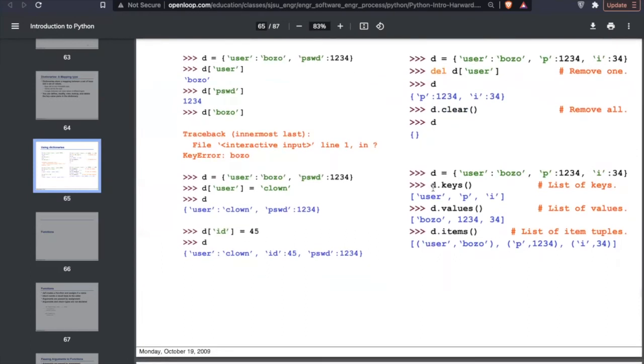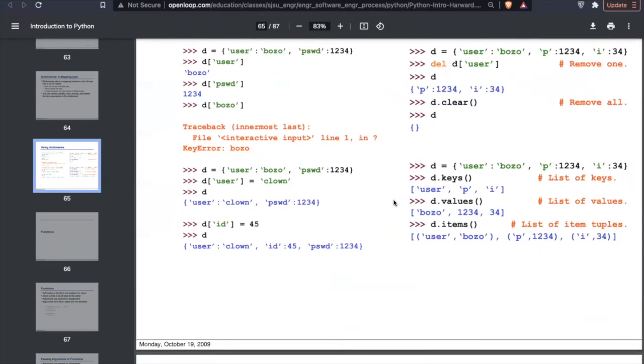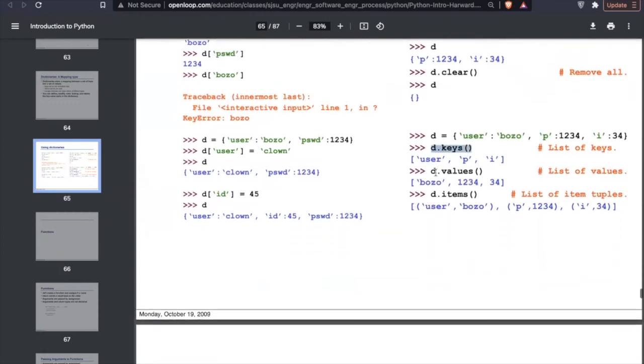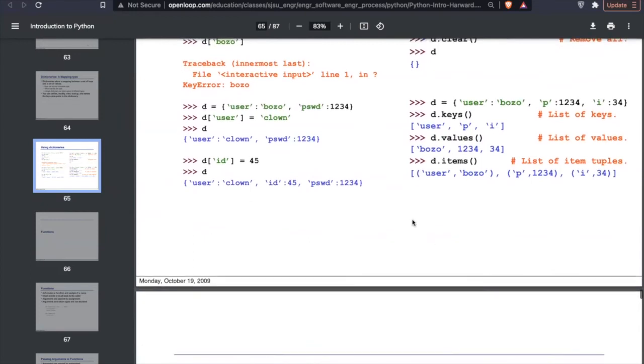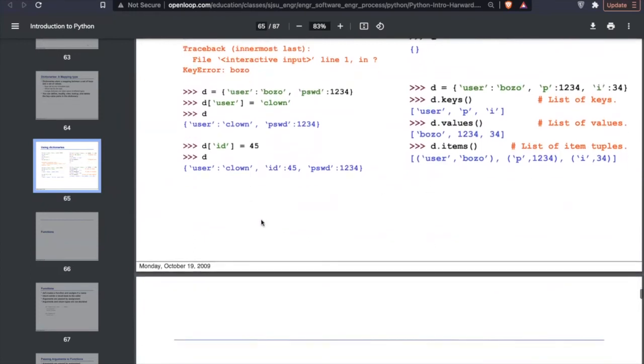If you just want to print the keys, then you can use d.keys. And if you just want to print the values, then you can pass in d.values. And if you want to print the whole dictionary in the form of tuples, then you can use d.items.